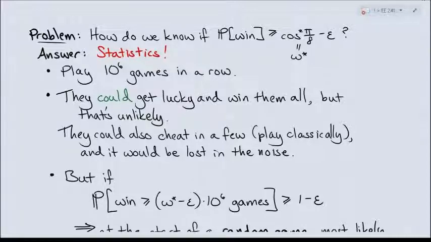All right, so how do we use this theorem? Basically, we just apply a simple statistical test. You're going to run this game 1,000,000 times, for example, and you're going to see how many games they won. And the point is, certainly classical devices could win 85% of the games. It's just exponentially unlikely. They'd have to get extremely lucky.